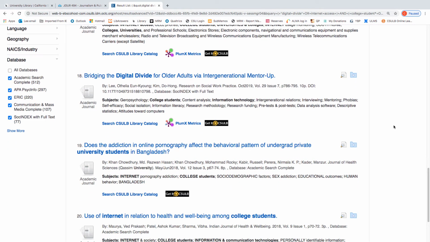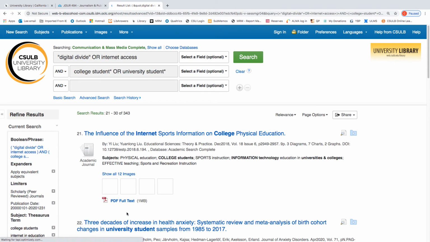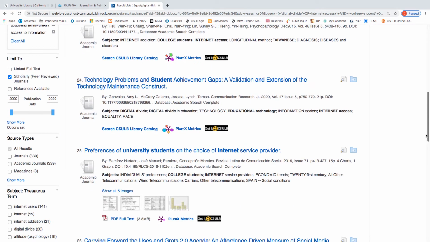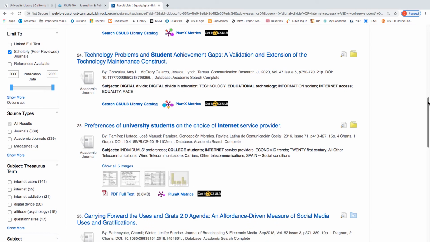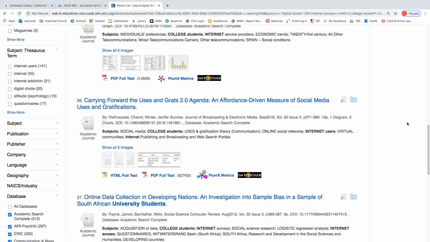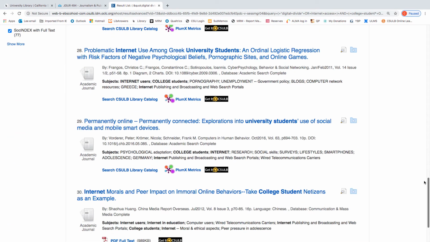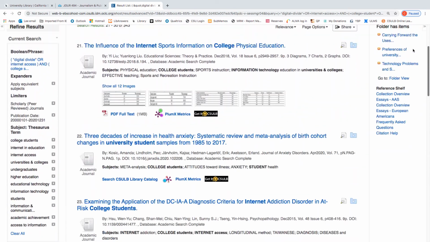Bridging the digital divide for older adults, maybe, because not all college students are young. So for the moment, and here's the one we had earlier from July 2020, I'm going to throw this one in too. The affordance-driven measure, I'm not sure about that, but I'm going to stick that in there. And I'm going to stop now, though there's plenty more that I should probably be looking at.